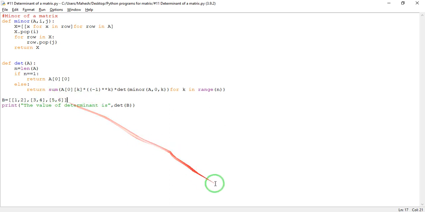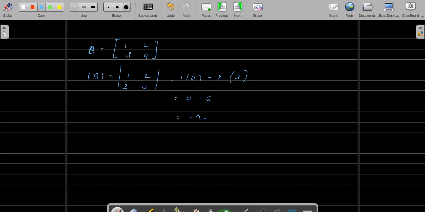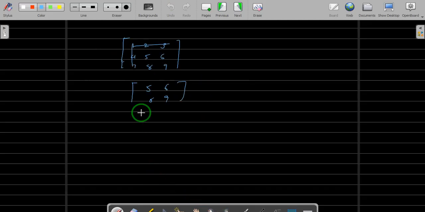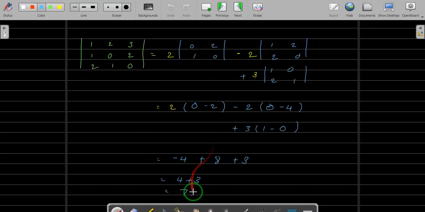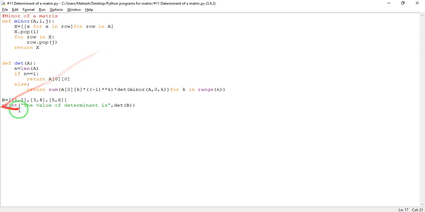Now let's return to the example we have taken when we discussed the determinant and see whether we are getting 7 as the answer. The matrix was 1, 2, 3, so let us put that matrix here: 1, 2, comma 3 as the first row, then the second row was 1, 0, 2, and the third row was 2, 1, 0.